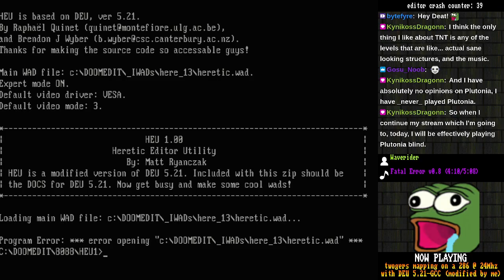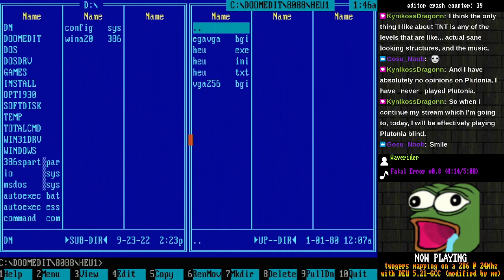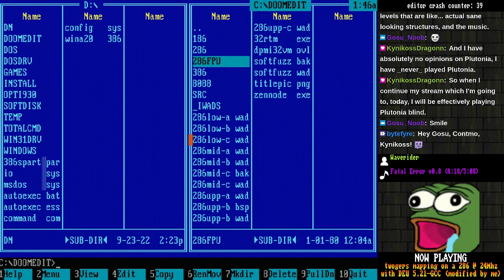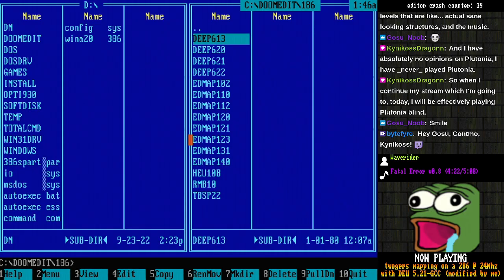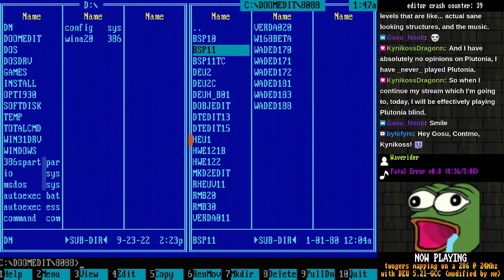Here we go. Matt Ryan Zizak. So there we go. Six different people did 6 different hacks of DEU to add Heretic support, which is wild. It's also like DEEP as well, but DEEP is definitely more involved with how much of a hack it is. So as for Doom 2,